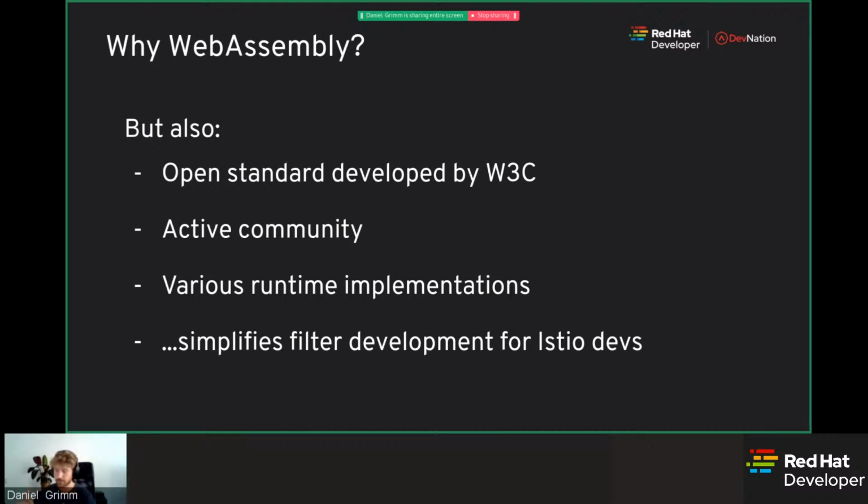Because Istio uses, so most of Istio's functionality comes from Envoy, like I said, but some of it isn't there yet, or wasn't there when Istio started. So Istio has some custom filters, and how they get them into Envoy right now is they actually have their own build of Envoy. They actually have to compile them into Envoy, which is a lot of work. As I said, it takes a long time to compile it,